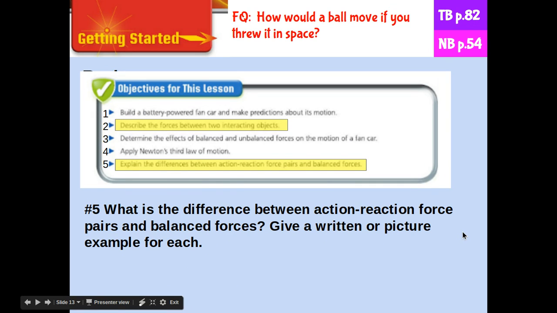Then the other objectives for the getting started was to describe the force between two different interacting objects. And number 5, explain the difference between action-reaction force pairs and balanced forces. So as you read yesterday, you should be able to distinguish between action-reaction force pairs and balanced forces. And we're going to ask you to write the difference in your notebook and give a written picture or example